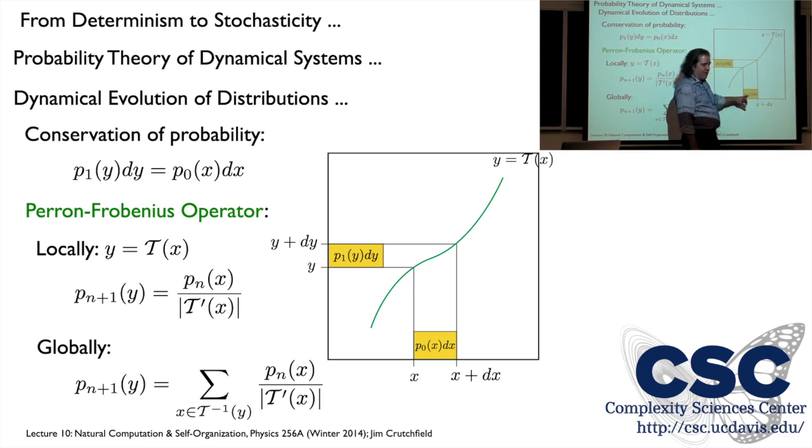Right, so I have the density function times the little dx. The density function is the height times dx, and that gives me an area. That's a probability number. That's the probability that I will find the system between x and x plus dx. And now I'm going to push it forward through T of x, and I'm assuming that probability is conserved. What that means here is that the amount of yellow here is the same as the yellow here.